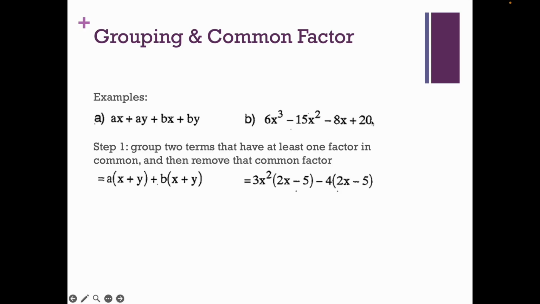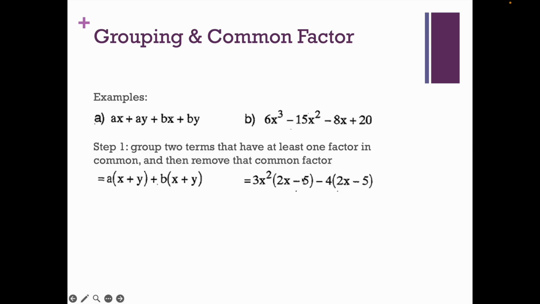And then between the negative 8x and the 20, I take the sign of the first coefficient, which is a negative, and I take out a 4 between the 8 and the 20. I divide both the negative 8x and the 20 by the common factor negative 4 to give me 2x minus 5. And so right now you'll notice that I have brackets in both of my examples that are identical,